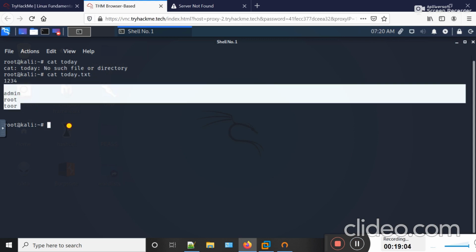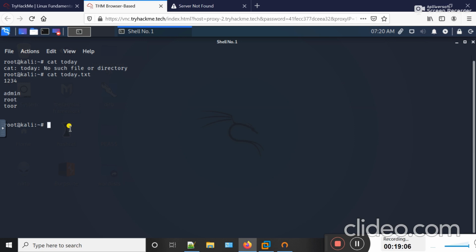If I type cat and then the file name, and then use the grep command and then admin and hit enter, now you can see that the grep command found me the specific data from this file.